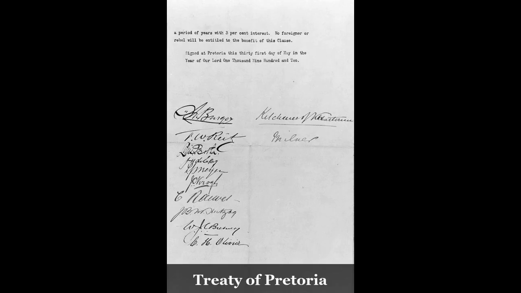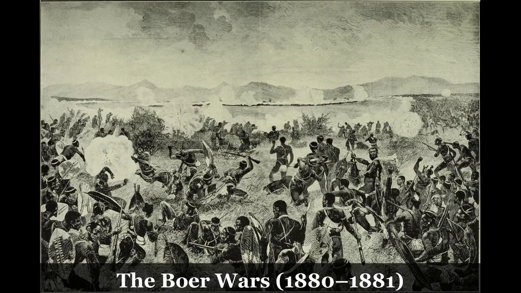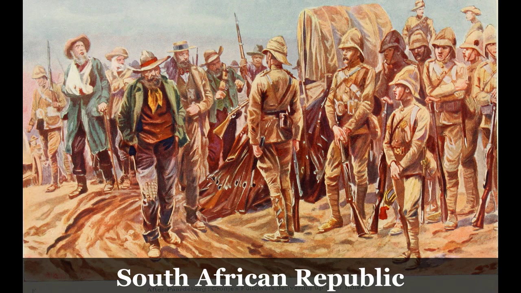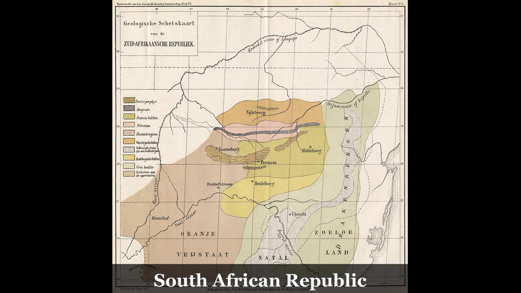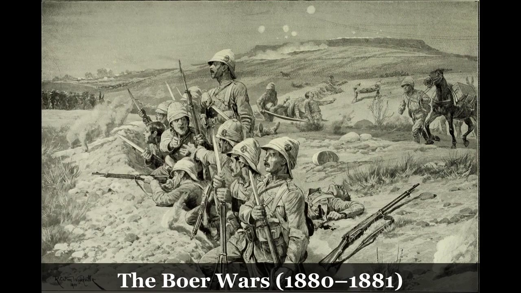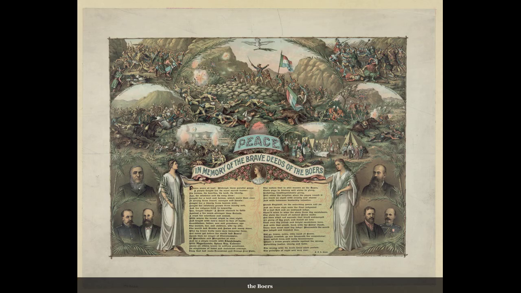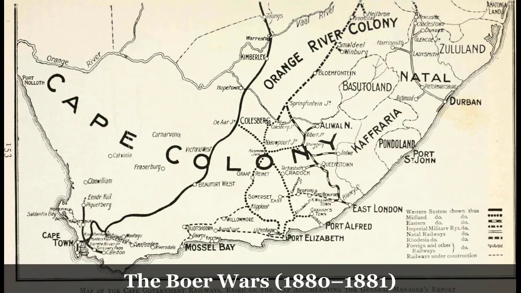The Treaty of Pretoria, signed on March 23, 1881, but not ratified until May 15, 1881, marked the official end of the war. The treaty recognized the independence of the South African Republic, but also imposed certain conditions on the Boers, including the requirement that they disarm and accept British control over their foreign policy. The Boers, exhausted and defeated, had little choice but to accept the terms, and they reluctantly agreed to the treaty.